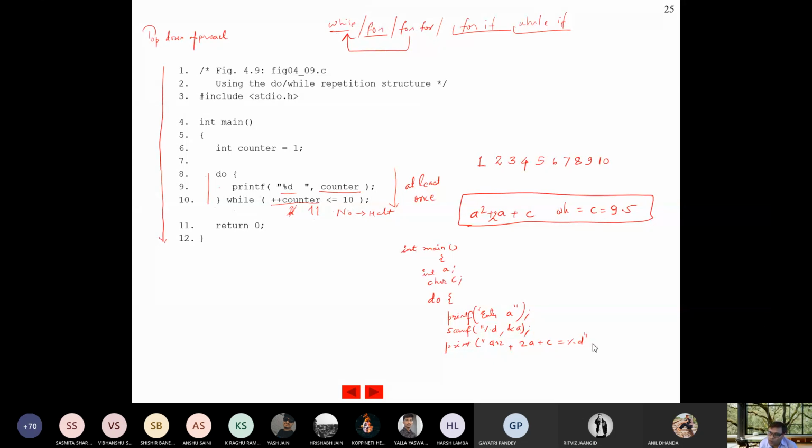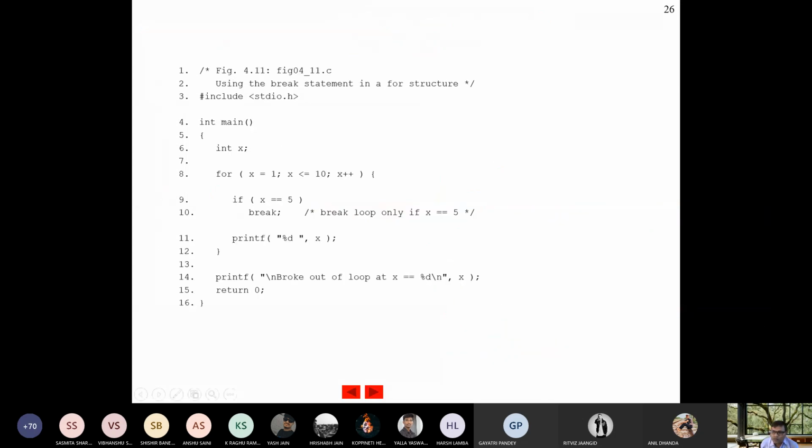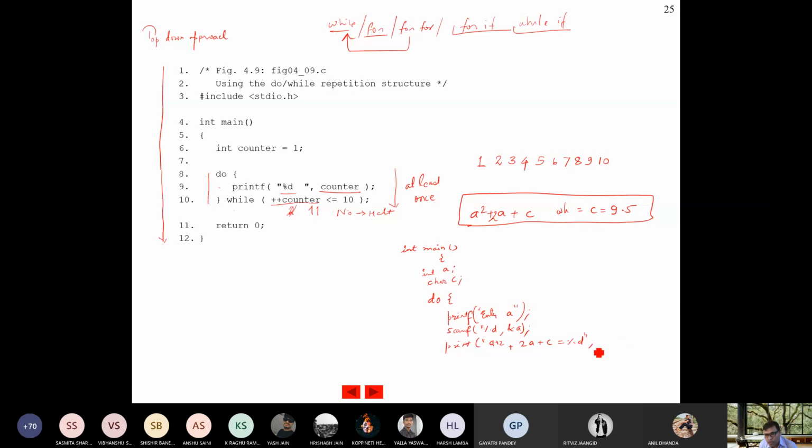Now what is the value of %d? The value of %d is a into a plus 2 into a plus 9.5. So this will be calculated and automatically displayed over here.